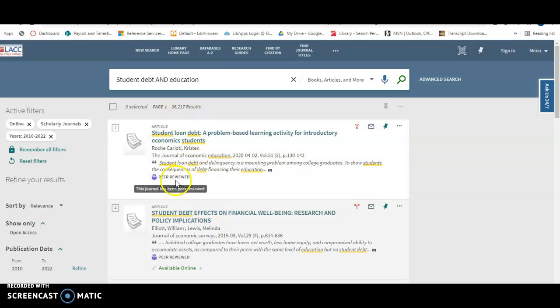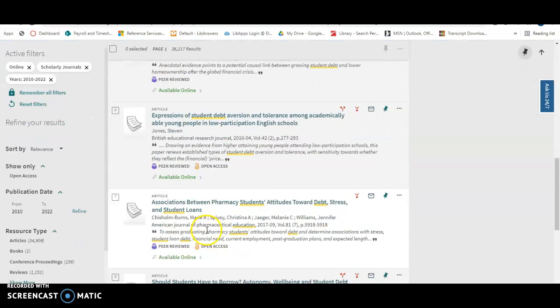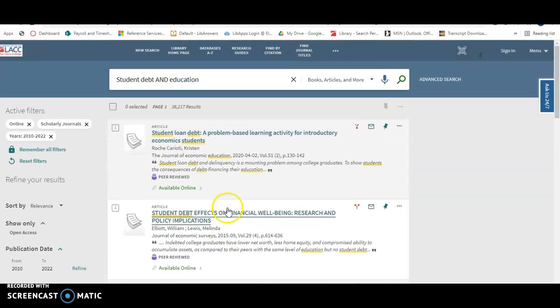And you can tell it's peer-reviewed because it says it right here. So let's make sure they're all, yep, they're all peer-reviewed. And that's how you can tell you're getting a peer-reviewed article instead of, say, a magazine article. So let's just click on this top